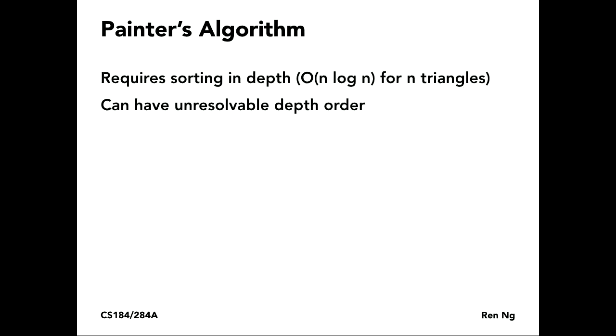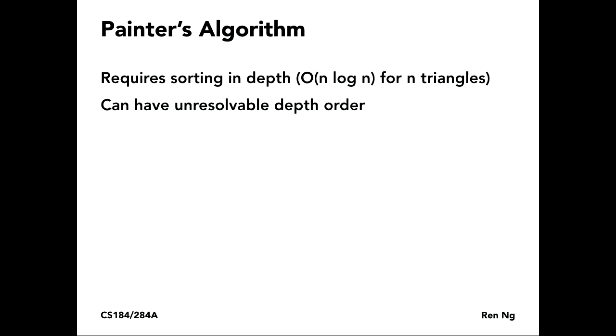Now, the thing with Painter's algorithm is that it's going to require sorting, right? We have to sort all the primitives, the triangles of the scene, from back to front, which is complexity n log n. So that's one sort of not great thing about it, because we might have a lot of triangles. Some scenes could have tens of thousands, if not millions of triangles, depending on real time or